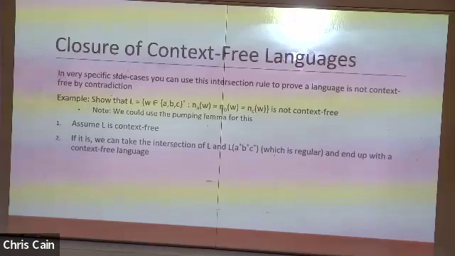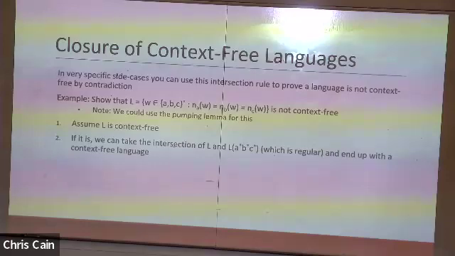All strings that are shared in common between these two languages. How would we define that as a language? Wouldn't it just be the A star, B star, C star? It's the intersection? It's close. But A star, B star, C star says nothing about the number of A's and B's and